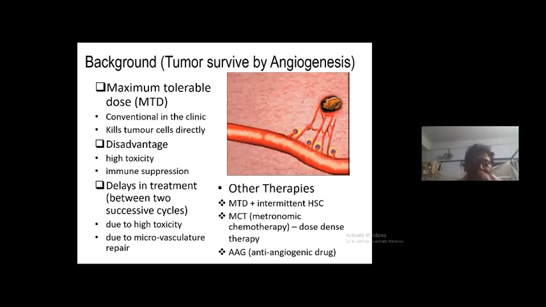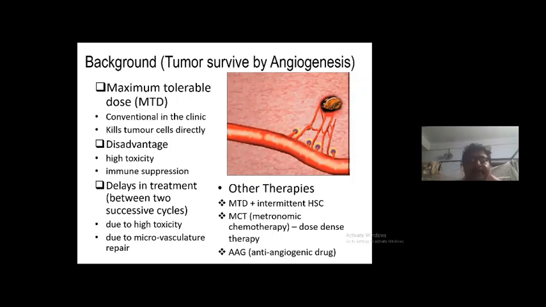Any cancer actually survives by the process of angiogenesis. How does angiogenesis occur? From the nearby blood vessels, some protrusions occur, and these are called microvessels. These microvessels supply the tumor, and the tumor survives by getting nutrients and oxygen through these microvessels. Conventionally, all cancer patients are treated with the maximum tolerable dose, and that has some